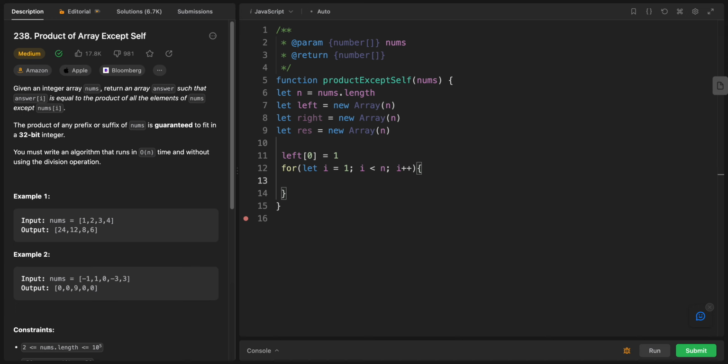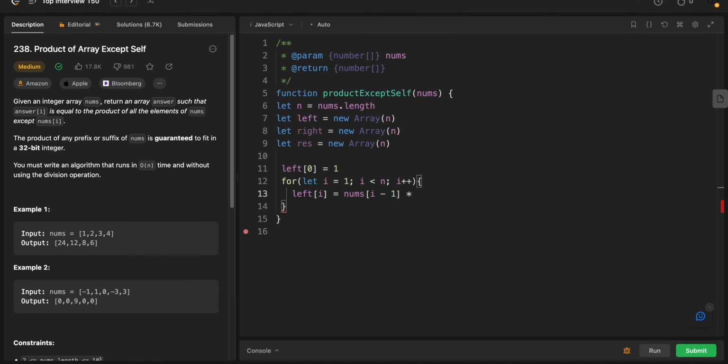And for this one, I will just say left of i equals nums, because we want left of i to equal all of the multiplication, so it will be nums of i minus 1 multiplied by the previous one. It will be multiplied by, okay, so as we looked here,